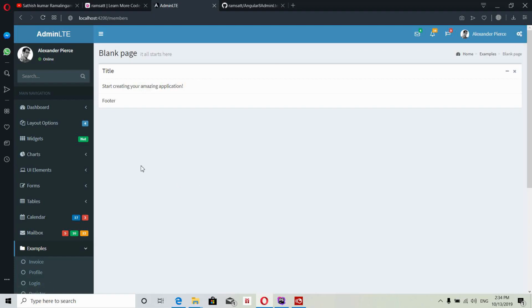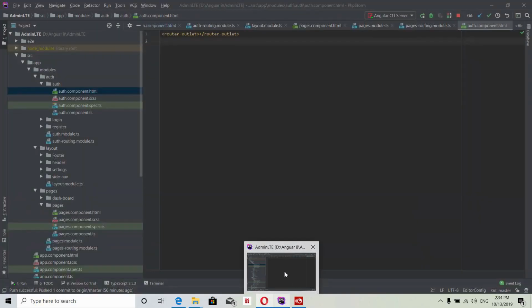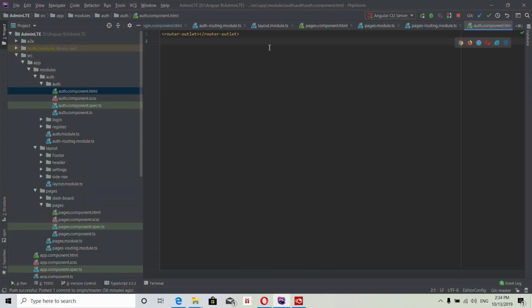To achieve this, I'm not using ngIf or ng show/hide functionalities. I just use simple dynamic routing and router outlet functionalities.